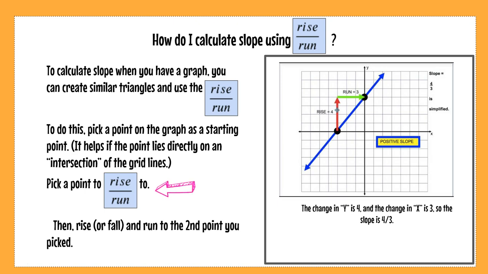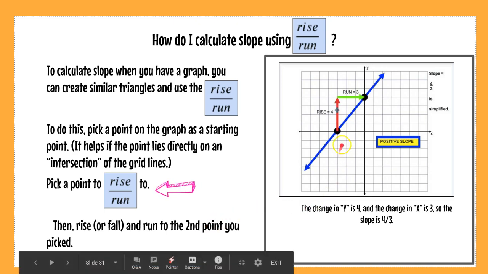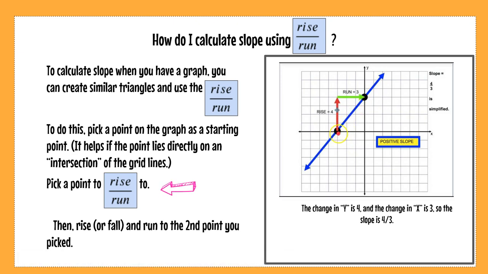So to do this, you're going to pick the point on a graph. It doesn't matter which point, but we do want to pick a point that lies directly on the intersection of those grid lines. So for this problem, I just picked this point and this point. So we're going to try to get from here to here. Now, you can see that I drew an arrow up because I rose, and then an arrow right because I ran that way to that point. I could have chosen to go down and left, but I would have been dealing with two negatives, and I just decided to keep it positive so I didn't mess it up.